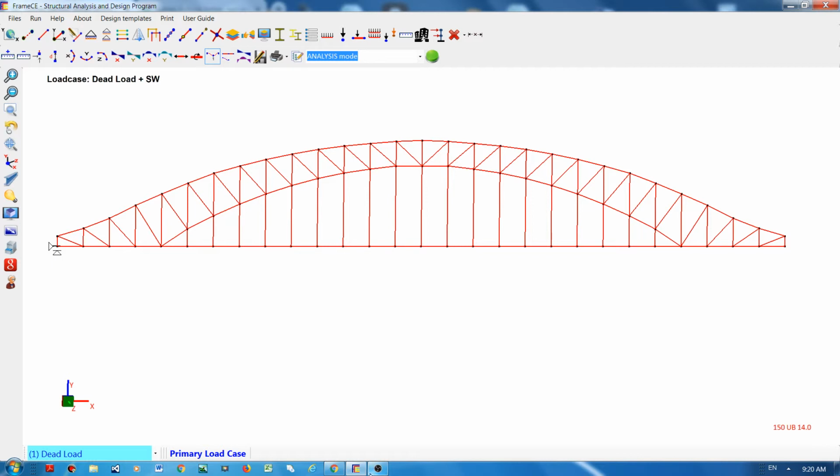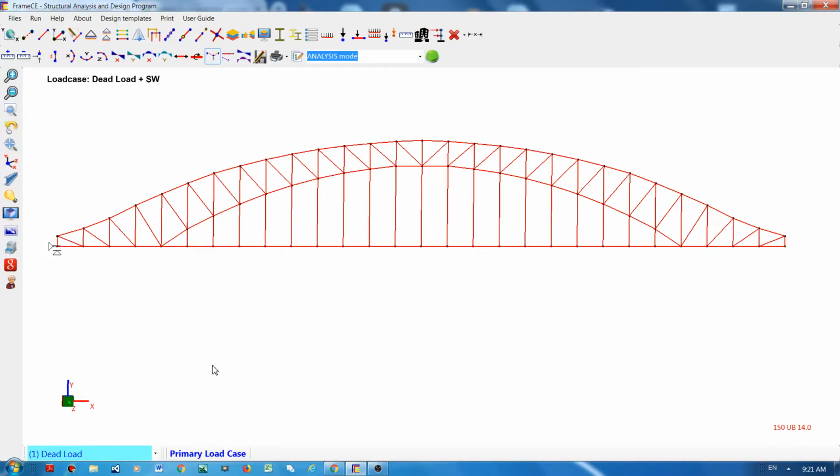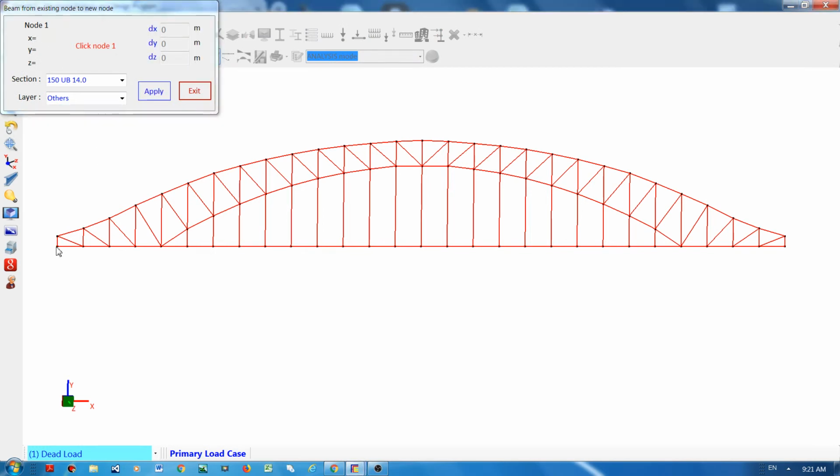Now let's check the model again. Okay, I need to model this one here underneath the bridge deck. Okay, now I have to look at the dimensions I prepared. Okay, I think that this one to the bottom is